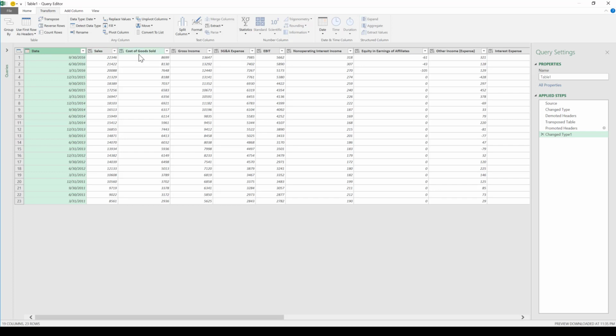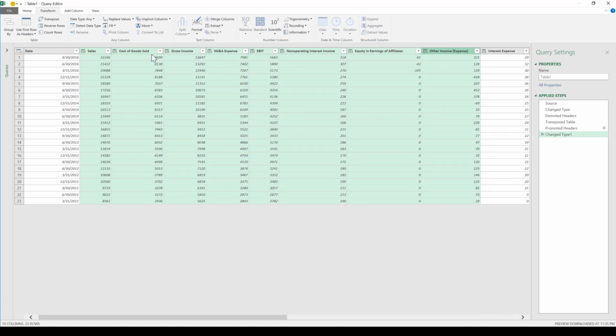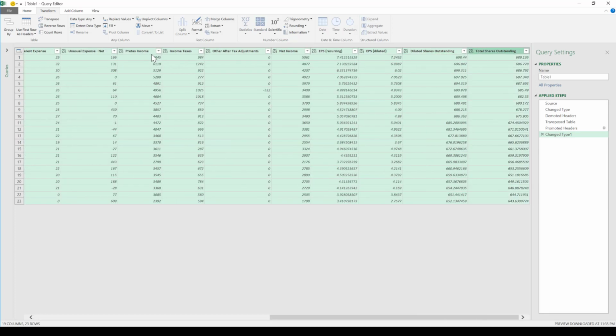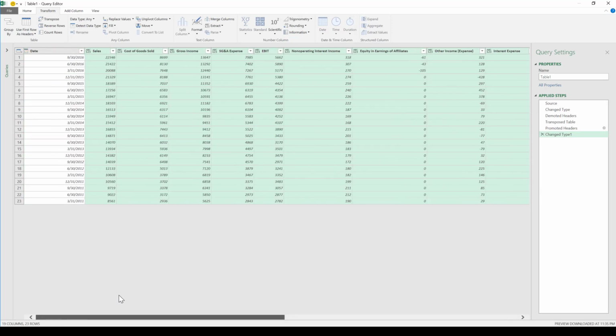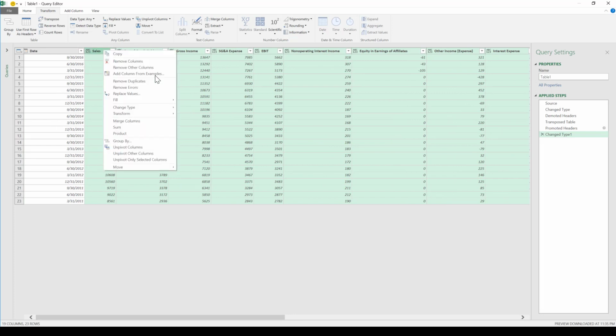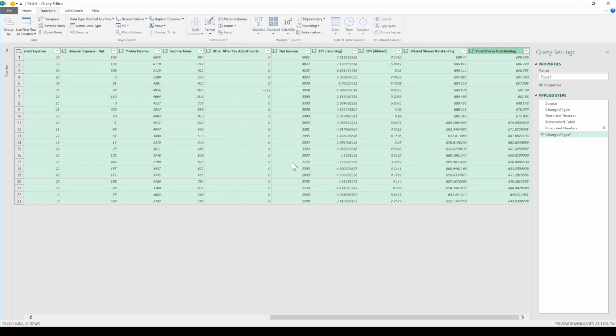And also, sales and all these other columns, they are actually numbers, right? Not text data. So if you wanted to change everything else as well, you just choose every column that you have, and right click, go to Change Type, and you will want decimal numbers, right? So you click it, and now the numbers are correctly recognized as numbers as well.